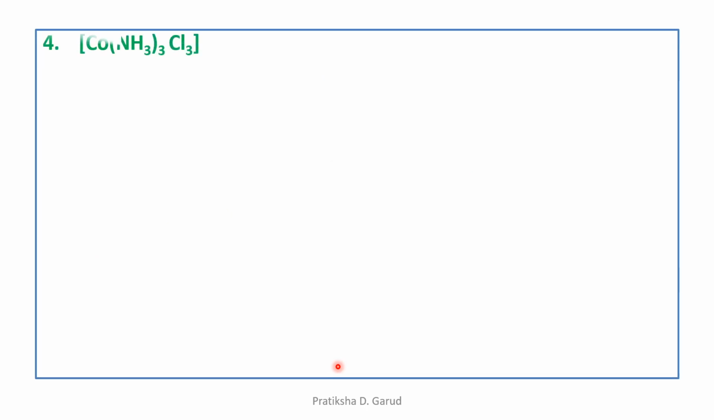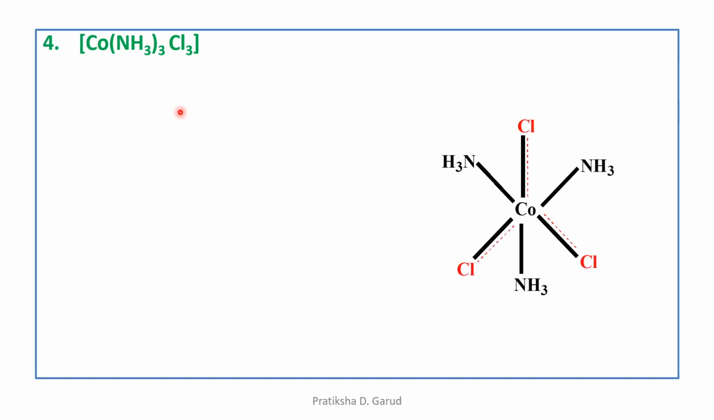Then the last one, that is the fourth one, that is the Co(NH3)3Cl3. Now in this complex we can say that all the ligands or the coordinating groups are present inside the square bracket. That means they are shown by the secondary valency. So let's see the structure. We are having the central cobalt. It is attached to 3 ammonia